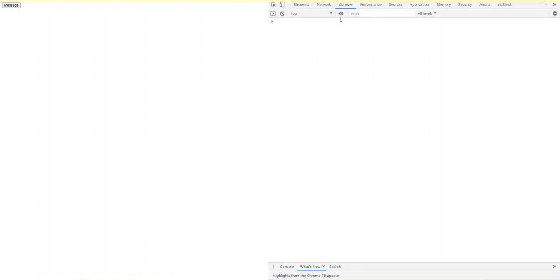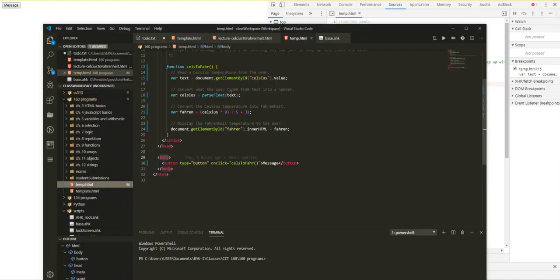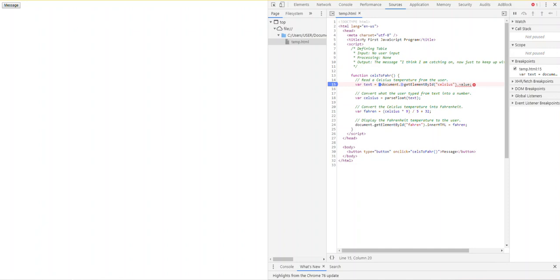I don't care about what we'll see in the page here. I want to go ahead and debug this. I'm going to hit F12 to open up the developer tools, click on Sources, make sure my file is selected right here, and then put a breakpoint on the inside of this function so we can see what's going on. Text, we've got to give it a value. I think it gave us the default value of 20, a string of 20, that the user typed in. So let's refresh that,